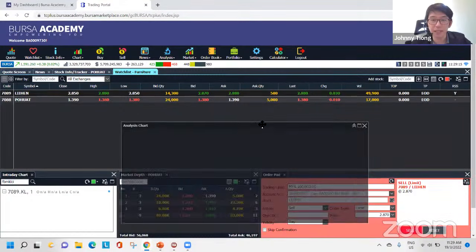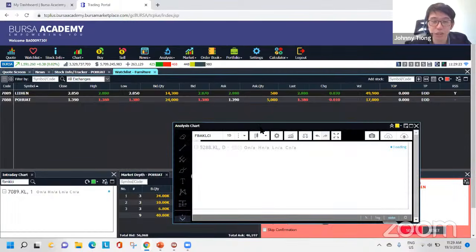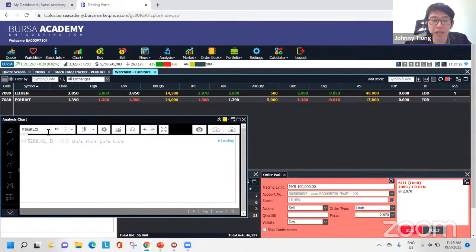Or because this chart here is real time, and today is Saturday, the market does not open, so we cannot see anything here. Okay, so you can have your floating window here, FBM KLCI. If let's say today the FBM KLCI is already falling 30 points, maybe you think, oh, when the market is going down, this is my opportunity to buy. So you look at your floating windows and you can decide which one you want to buy.